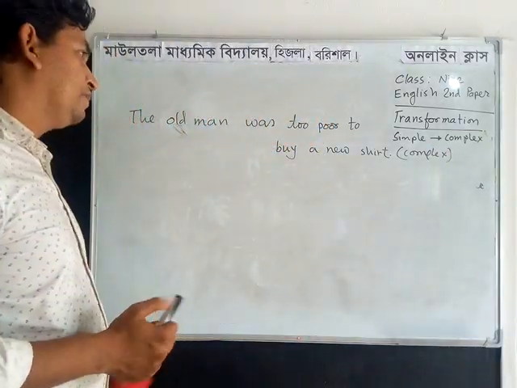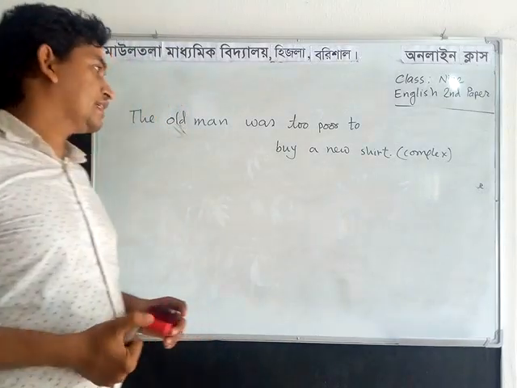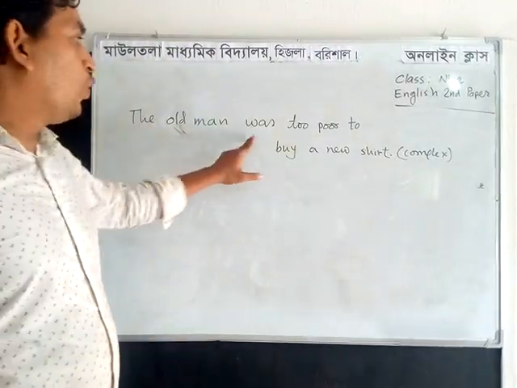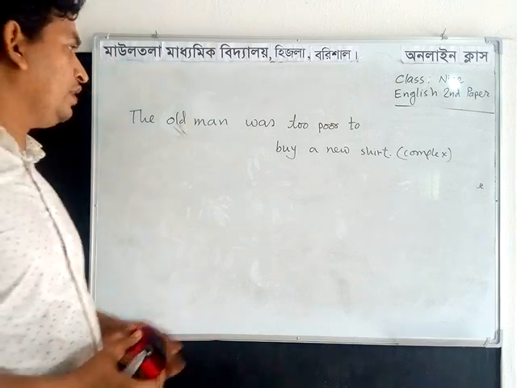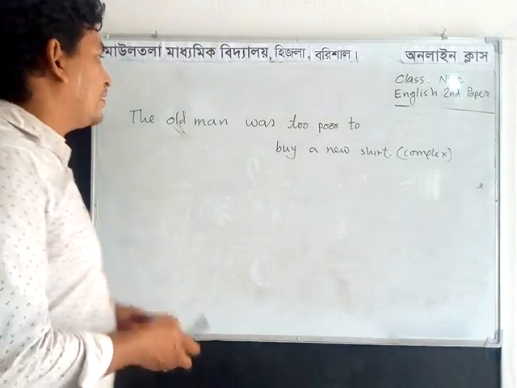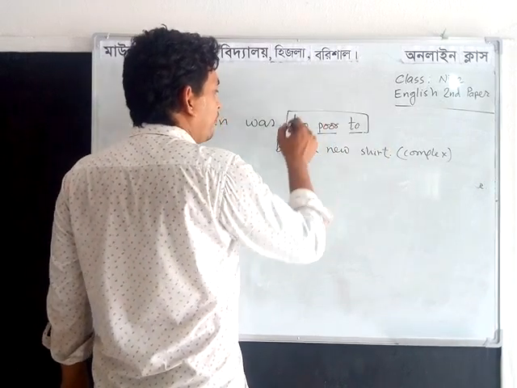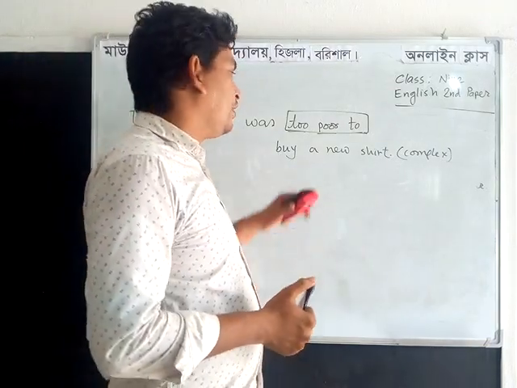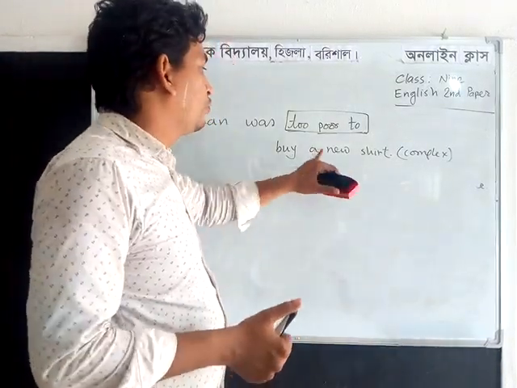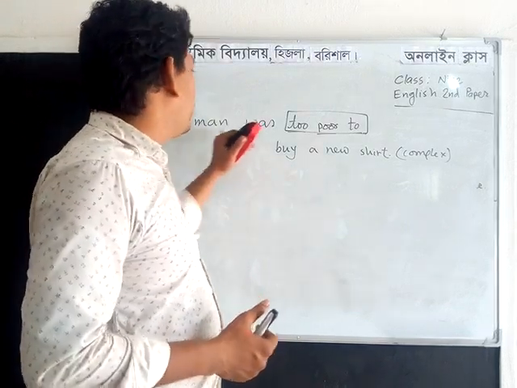Look at this example. The old man was too poor to buy a new shirt. In this sentence, there is too poor to. This is a phrase. This part refers to the inability of doing such things. Here, the old man was